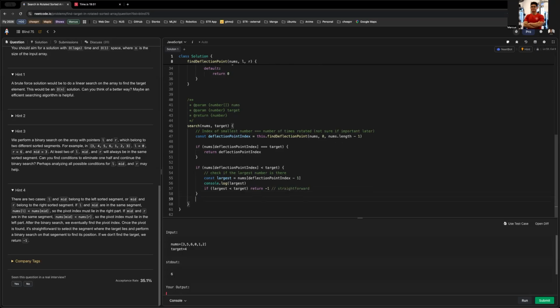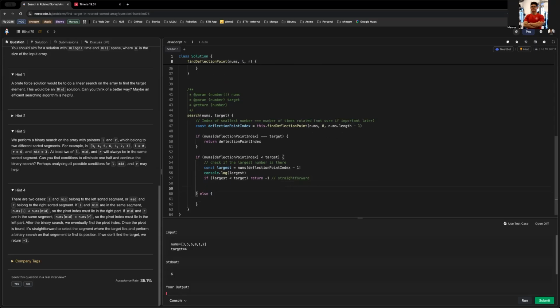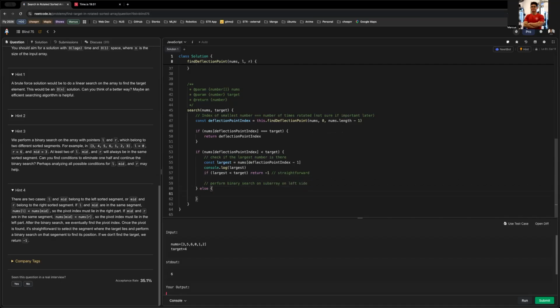Then we'll do the other case. Okay, else, right? So now the edge case is done. So in the event that largest is bigger than target, perform binary search of the sub-array on the left side. Else,